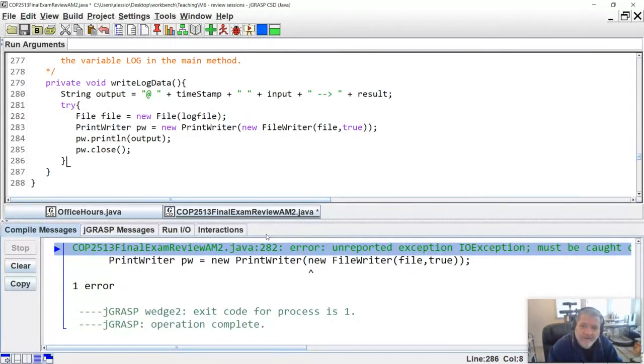So I have all of my code here: file, print writer, println, close in a try block. So I know something can go wrong in that try block. I'm going to put a catch block. I was asked by the compiler to catch IO exception. Okay, so I'm going to say catch IO exception e, and I don't exactly know what to do right now with this. So I'm going to do